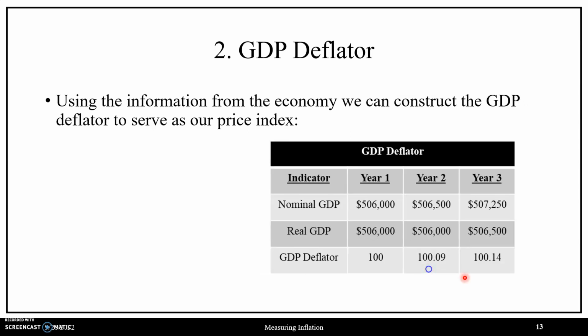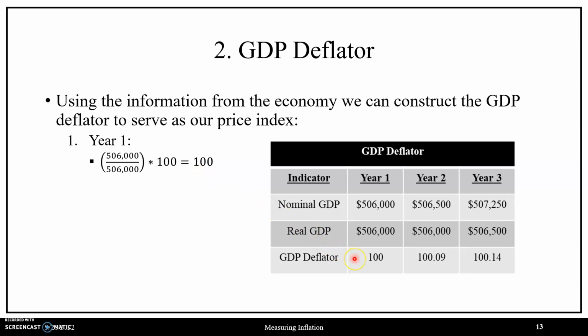So with information from our example economy from Chapter 3 recalled, let us use the relevant information of nominal GDP and real GDP for each of the 3 years in order to construct the price level for this economy through the GDP deflator. In the table below, we have nominal and real GDP for each of our 3 years. To calculate the GDP deflator, that is our price level, for year 1, this is just going to be nominal GDP divided by real GDP, so 506,000 divided by 506,000, all scaled by 100,